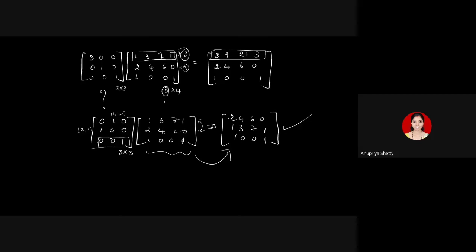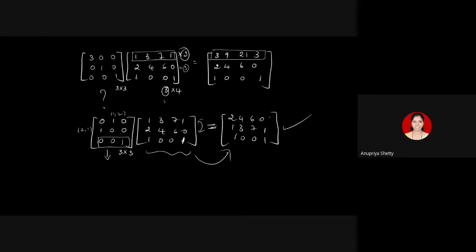Suppose I go one more step forward and interchange, but that is not an elementary matrix. Here in this matrix, I'll do one more change. I'll interchange the second and third rows once again, so that this row will appear here and this will go there. So you can perform a set of elementary row operations also. That's allowed. But at a time, when you multiply by one elementary matrix, it gives you one row effect. That's all. And suppose I want to multiply one row and add it to another row, then I have to try taking an elementary matrix of type 1. Keep that in mind. Type 1.